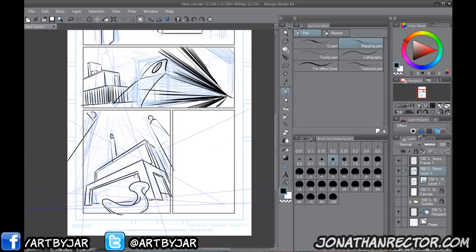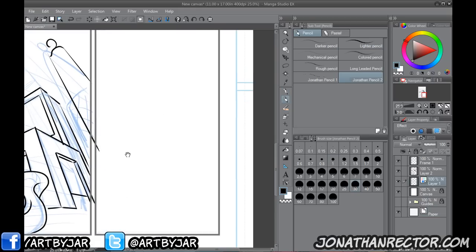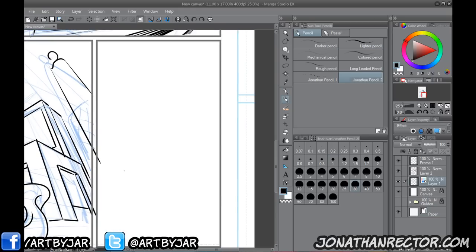Okay, so there you go. There's your 3-point perspective. Now, let's do this practical. Again, I'm not going to spend a whole lot of time making it look as pretty as possible. I just want to show you guys how this can be done on the fly as you're actually working, okay?